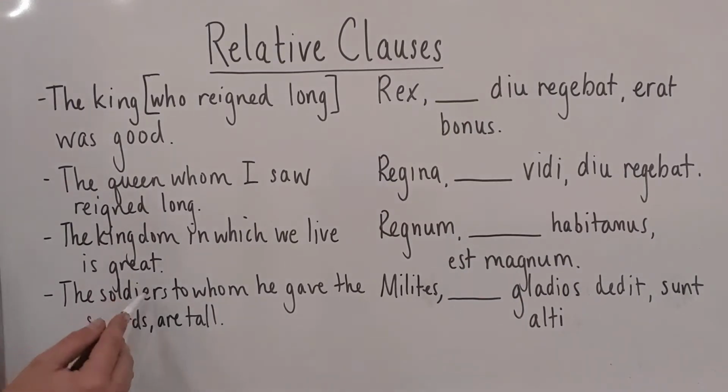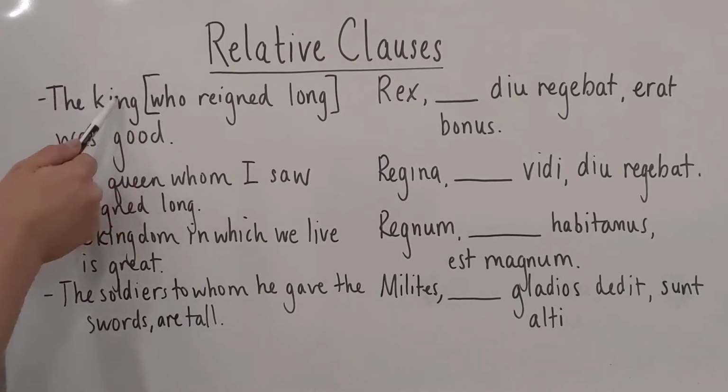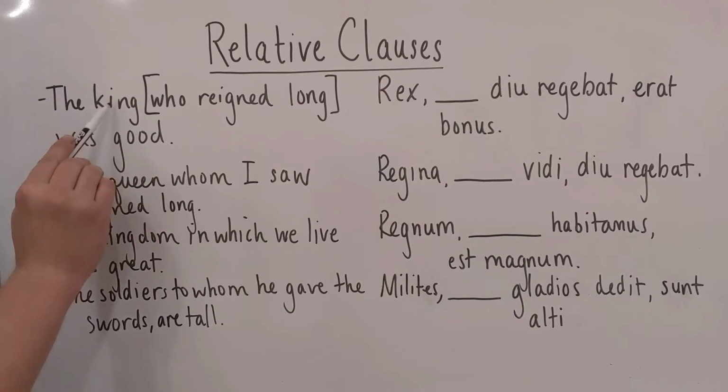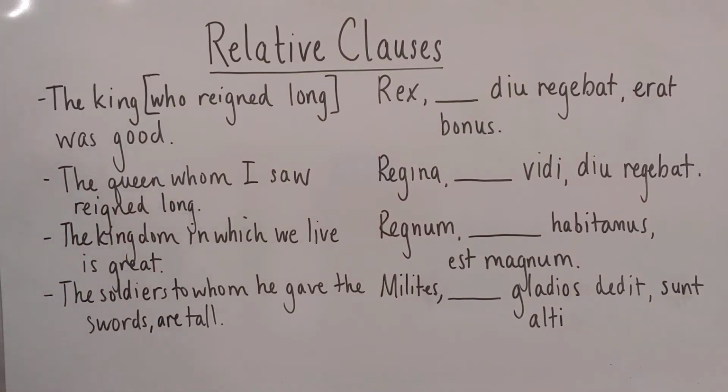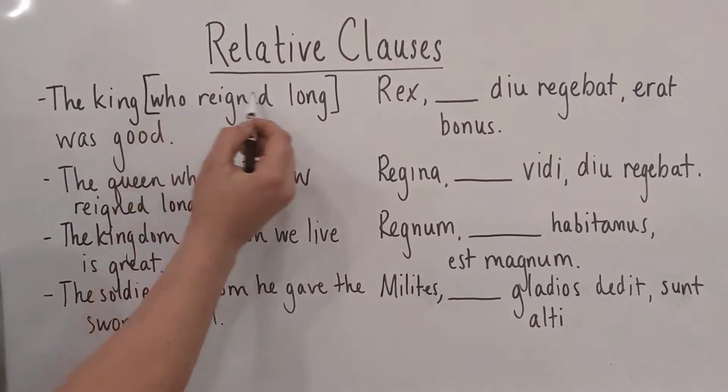Notice that in English, if we have a plural noun, soldiers, to whom, we could not tell just by the English to whom whether the antecedent is singular or plural. So you have the relative pronoun who, and it has its antecedent. Antecedent means the noun that comes before, from antecedo. And the relative pronoun must agree with its antecedent in both gender and number, but not necessarily in case. The case comes from how the relative pronoun acts inside its own clause.